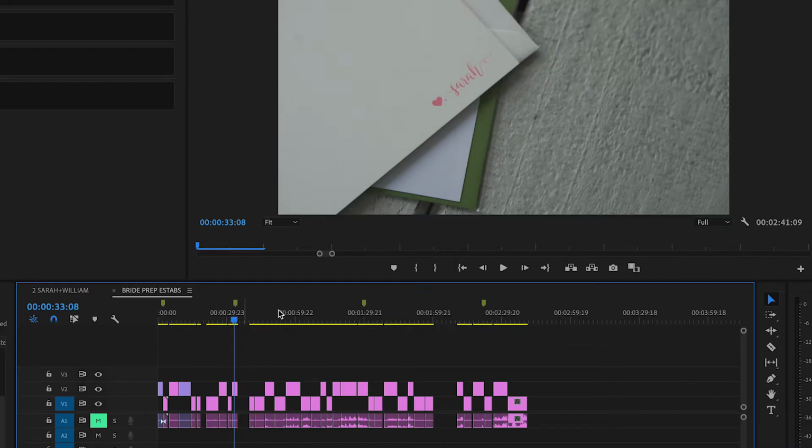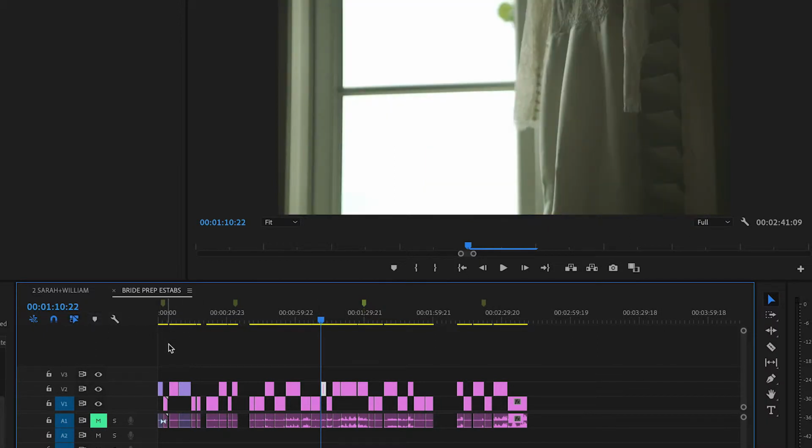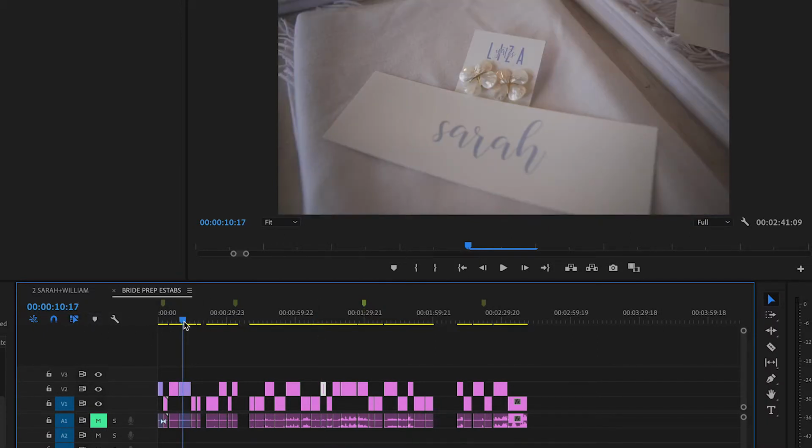So here I've got this chunk that's labeled dress, and I can see pretty clearly the clips that the editor was pulling up that he was considering integrating into the film versus these ones that are marked purple that actually got included in the film. If I ever want to check which shots actually made it into the film, just in case the editor wasn't